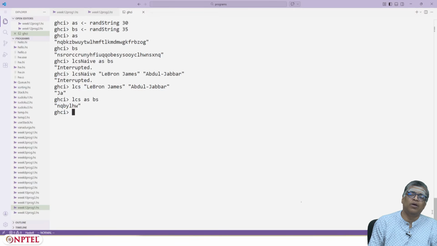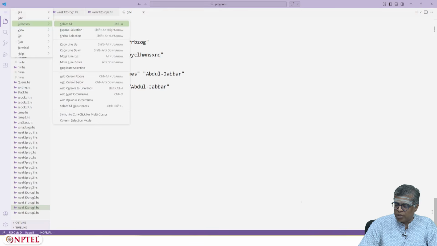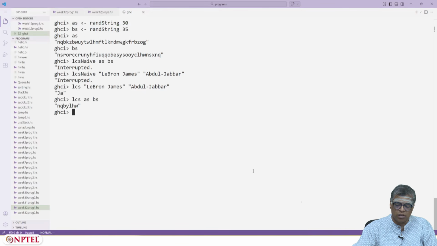Okay, so how did we make so much progress? We'll see that in the slides. In fact, I can even choose my A and B to be much larger strings. A is, let's say, a random string of length 100.